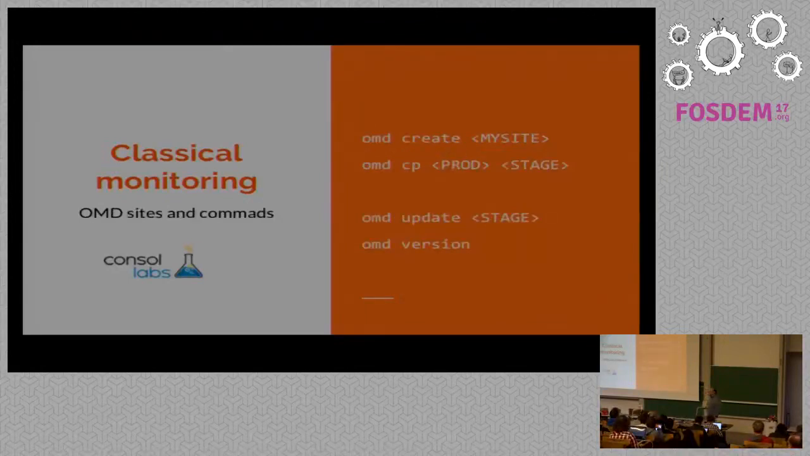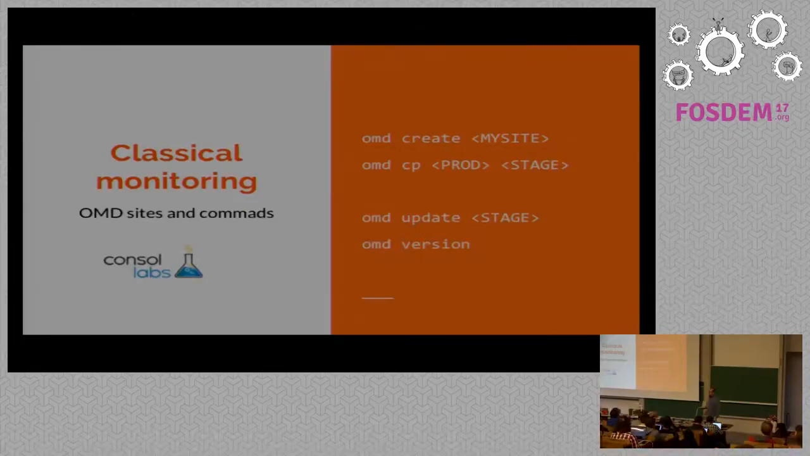And here's the other feature, the killer feature, I think: the sites. The sites from an OMD is a separate monitoring instance that runs off the same binaries on the file system. Basically, you do an OMD create my site and have an environment where you can set, for example, your monitoring core to Nagios or to Icinga or to Naemon. You can enable Prometheus or Grafana per instance. You can also copy, for example, the prod instance to stage